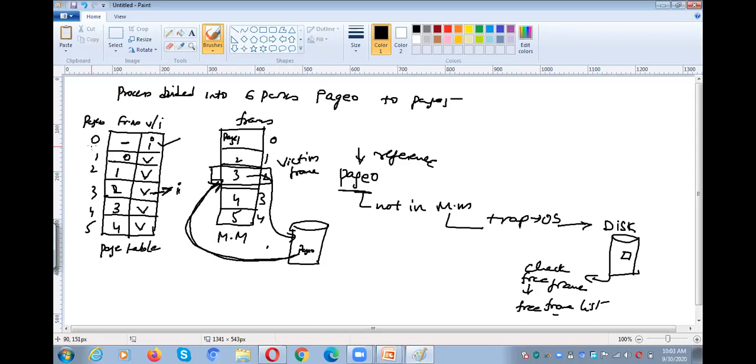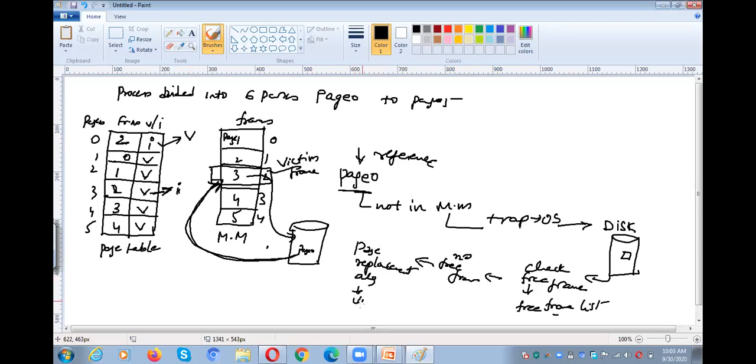So now page 0 is available in frame 2, and I need to change it to valid. Why? Because now page 0 is available in the main memory. Like that. So whenever there is no free frame, what do we have to do? We need to go for a page replacement algorithm.